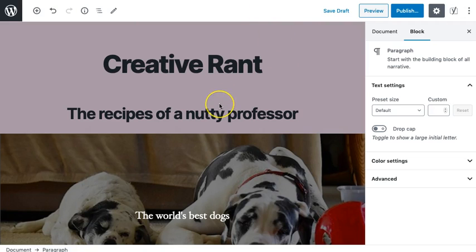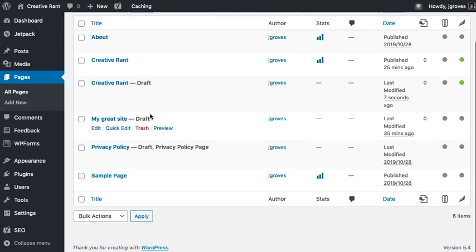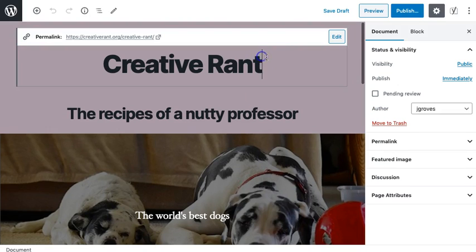Okay, so I've built out a couple of pages. Now what I can do is go back to here, and when I go to the pages menu, this gives me all of the pages that I've created. And by default, it will name the page by the title. So I have two pages called Creative Rant, which is really bad form. So what I need to do is probably go back to this and give this a new name, or I could rename it in